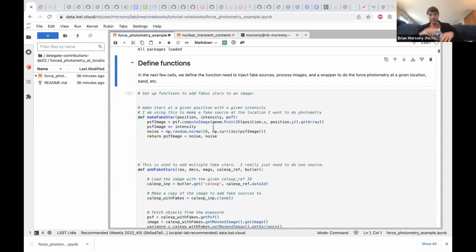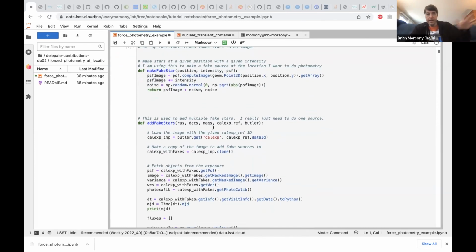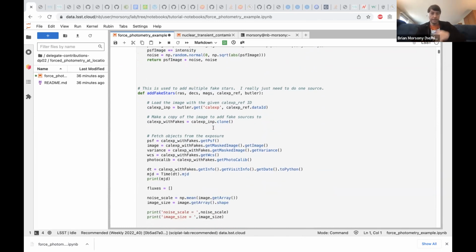Then I've set this up where I define a bunch of functions, and then after I define them all, we'll have examples of actually running them. So this first couple here are make fake star and add fake stars. These are taken from the add fake sources notebook that Jeff had written. So these are functions that will load up an image,